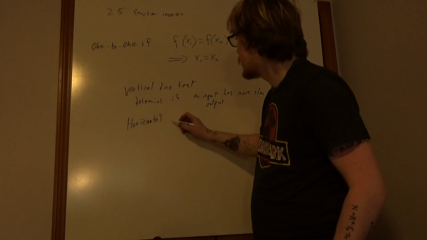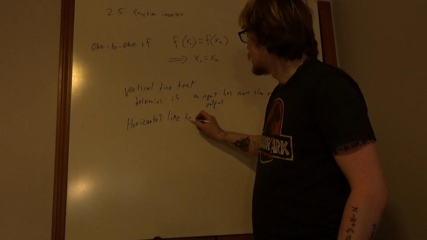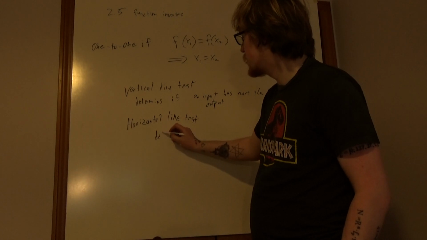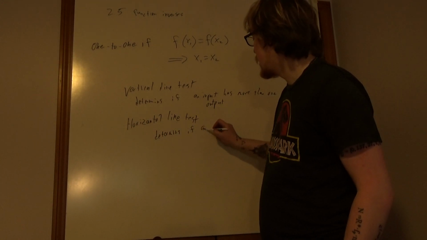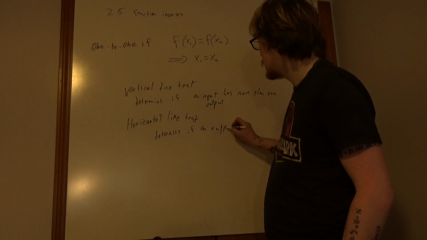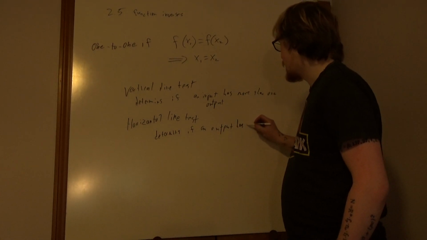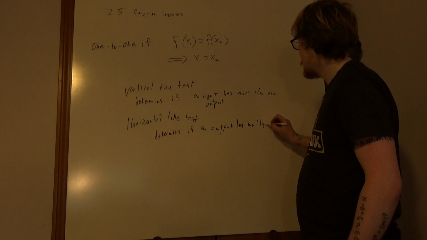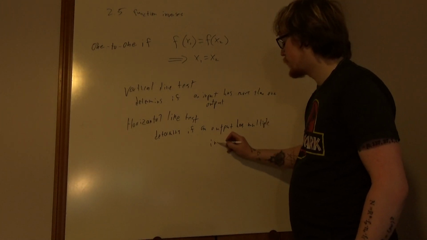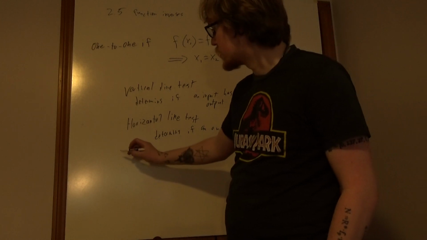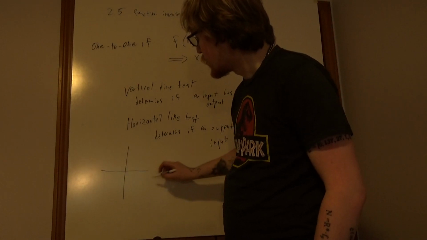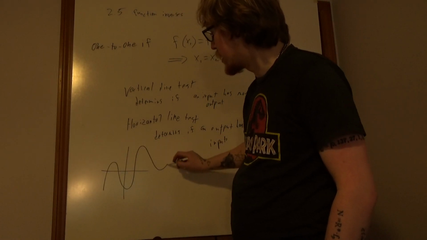I don't even know if I spelled that right. Horizontal line test. This determines if an output has multiple inputs. And so the way we can think about this is if we take some function, something weird like this,